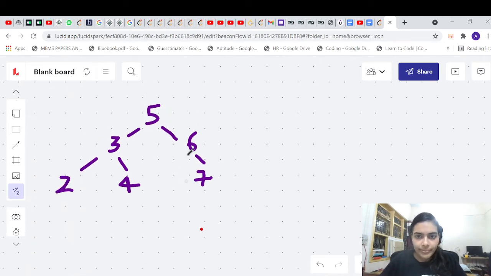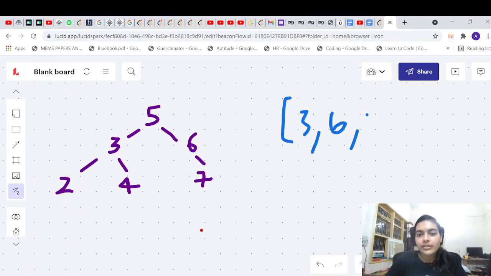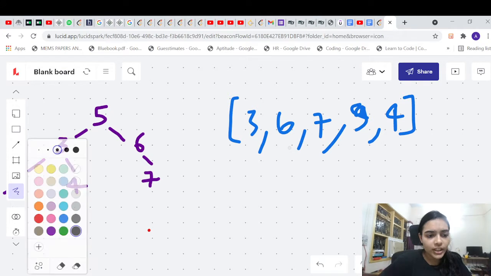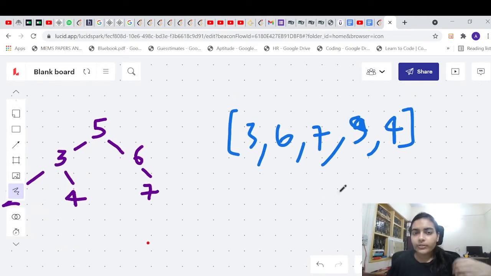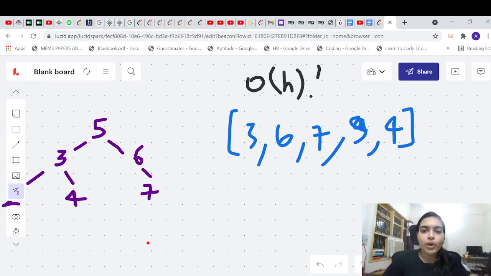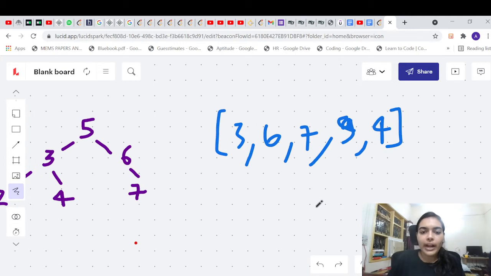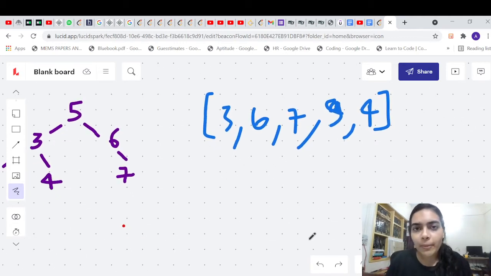Let's say you have some array: 3, 6, 7, 9, 4. Suppose you want to apply the algorithm. If you sort it, it will be O of n log n time. Let's say it is not sorted. Then in that case, what will you do? To still do it in O of n time complexity, you store it in a set or a hash map type structure, and you compensate somewhat by using a hash map or a set structure which will take O of n space.